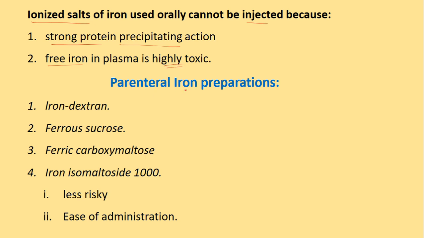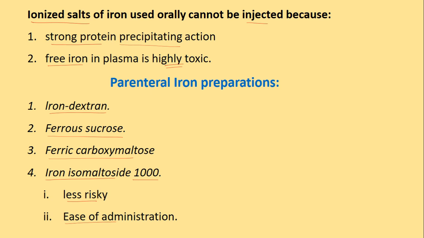So there are parenteral iron preparations. What are those parenteral iron preparations? You have mainly 4 parenteral iron preparations: iron dextran, ferrous sucrose, ferric carboxymaltose, iron isomaltoside 1000. So this iron isomaltoside 1000 is having less risk, and also they have ease of administration compared to other